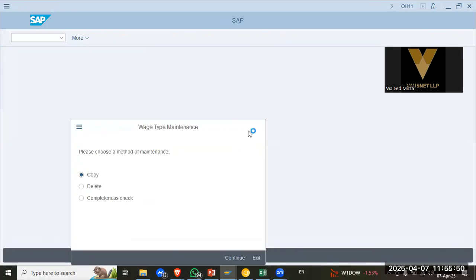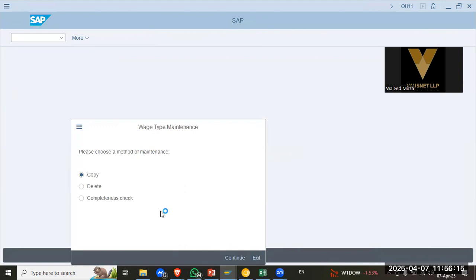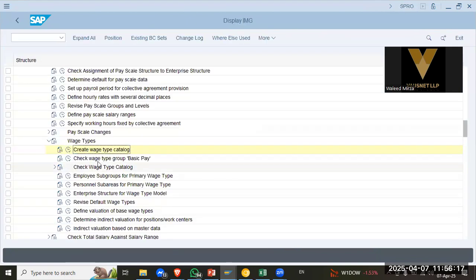Copy. Page down. Westway, Benetton, and we have Caltex also. Okay, 3372 will be our pay scale salary. We've already done this. It's already made. And next step is